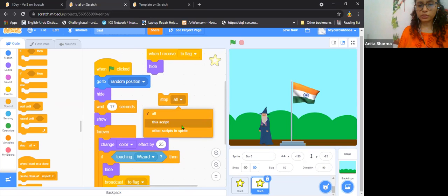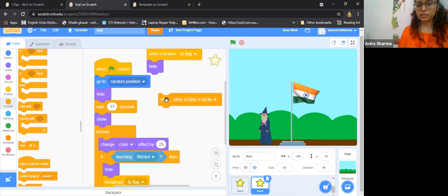If you click on this drop down button, there are 2 more options, stop other scripts in sprite. Why do we need this? Whatever the star is doing, going to a random position or changing color, it should stop. So when I receive to flag, it should hide and stop other scripts in sprite.